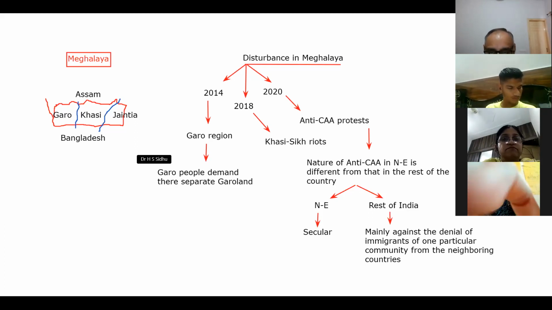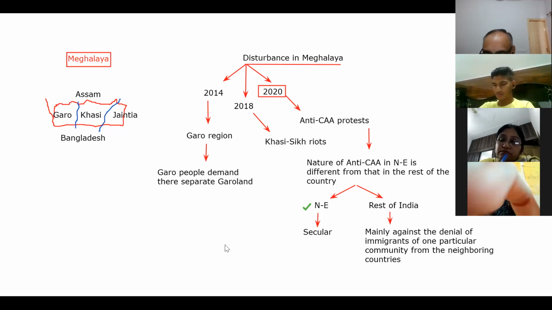सो अब बेटा, 2020 में जो ये एंटी सीईए प्रोटेस्ट और कुछ वायलेंस भी हुई, वो जो प्रोटेस्ट मेघालय में हुई, राइट। सो उन प्रोटेस्ट की नेचर ये वाली नेचर है जो मैंने ओवरऑल नॉर्थ ईस्ट की बात बताई, राइट। ये प्रोटेस्ट मार्च में हुए थे, राइट। अब बेटा मेघालय की जो प्रॉब्लम क्या है,